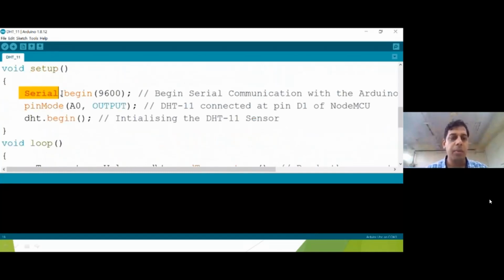Here we define the baud rate, serial communication, and pin ID. This is the invoke, the initialization of the DHT11 sensor. By default this code is begin, in this case in the setup phase. That means the connection is established between your sensor node and the board, right? This is the mandatory code you have to write. No exploration is required in this particular case. You just simply copy and paste this code.